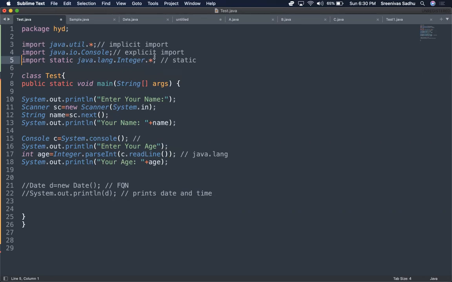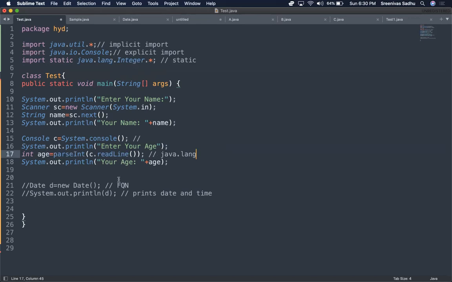Now what happens, since you are using the static keyword before, all the static methods of this Integer class will be available for access directly. Since I made it static import of java.lang.Integer, now I can do something like this. I need not use the class name.